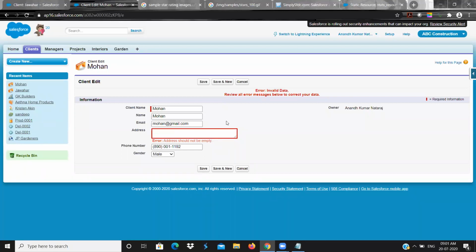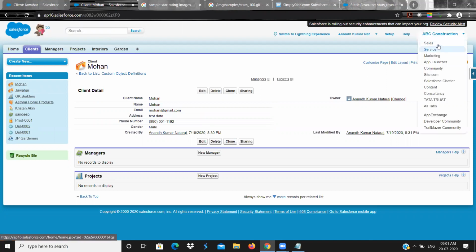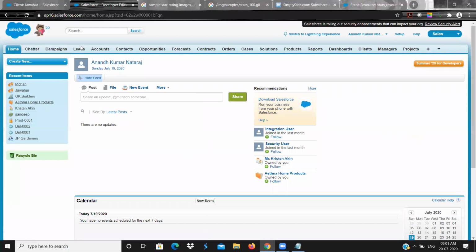If you check the validation rule after entering into the database, it means it is not correct. So you should check whether the data is correct or not before entering it into the database. That is the validation rule. We'll go to the standard objects and see more validation rules. Clear? Any doubts you have?